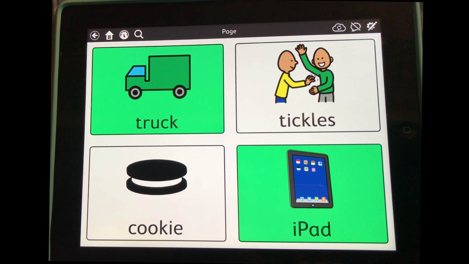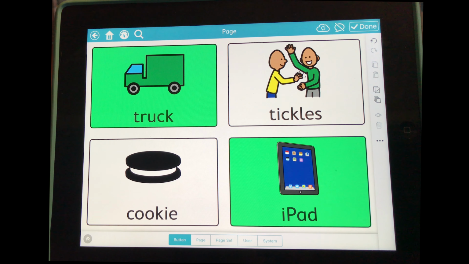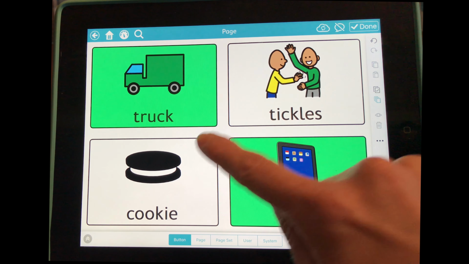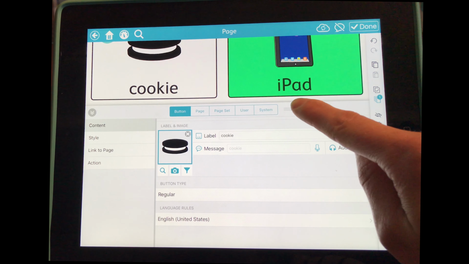For the purposes of this example, currently Cookie and Tickles are not available reinforcers, so I'm going to change the background of those buttons to red. I'm going to select the settings icon again, and this time I can change multiple buttons at a single time by selecting the multi-select button here. So I'm going to select this button, and then I'm going to select the two buttons that I'd like to change to red,